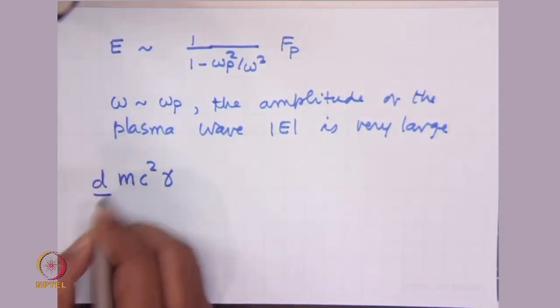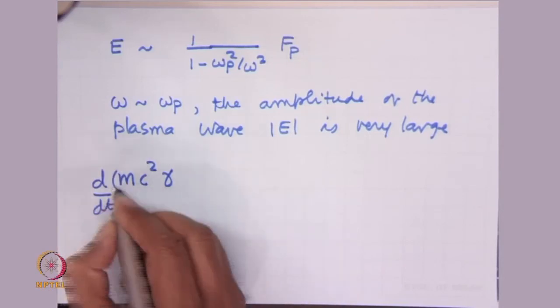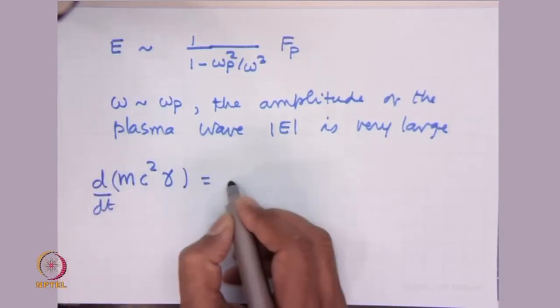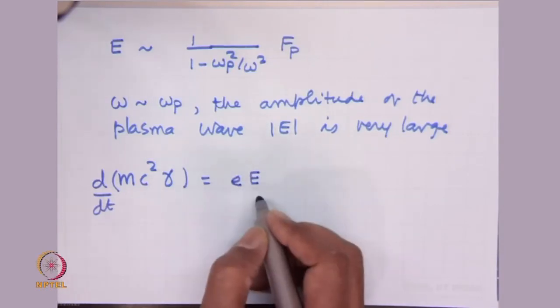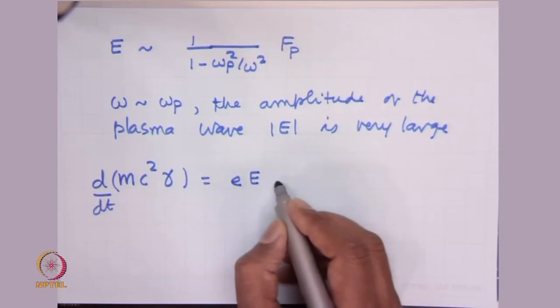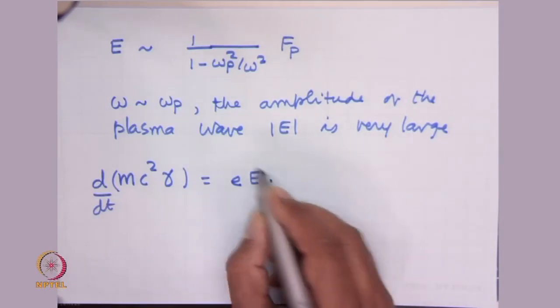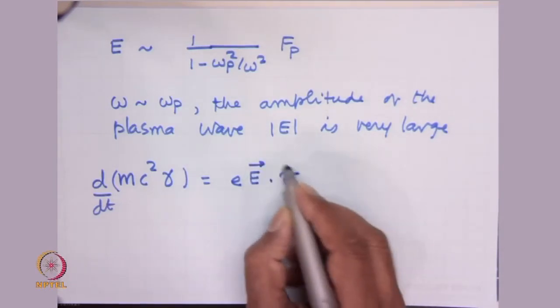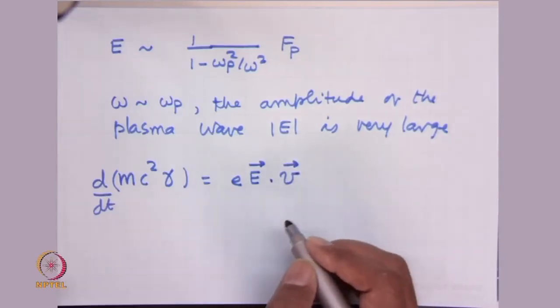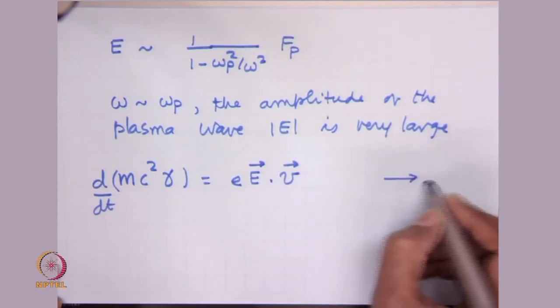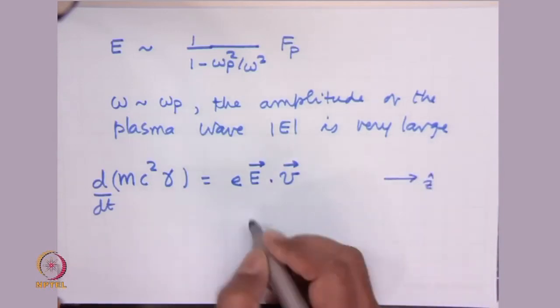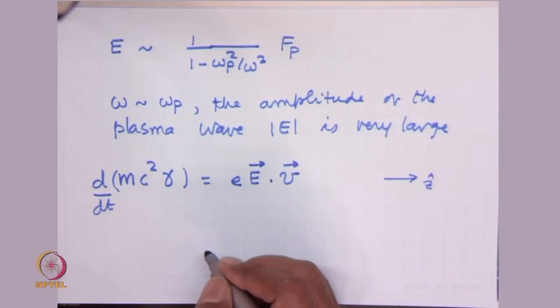So, rate of change of this quantity is equal to the electric field of the wave, which is E, I am taking to be in the z direction, multiplied by the work done by velocity. So, if I take my electron motion in the z direction, forget the x and y motions, then this equation can be solved, and